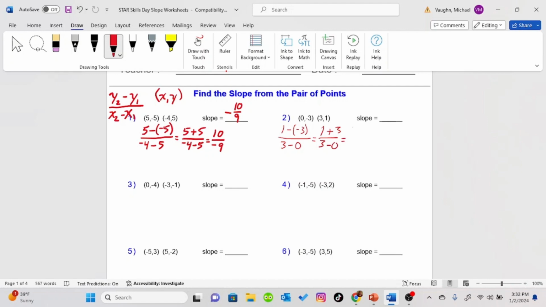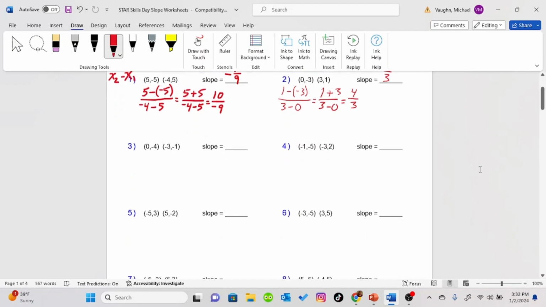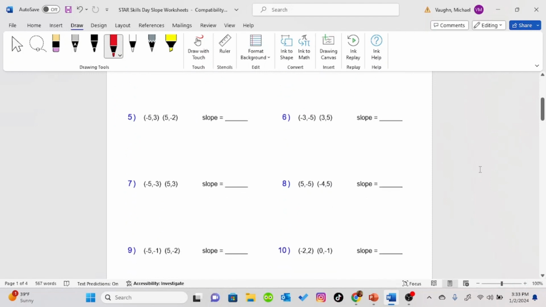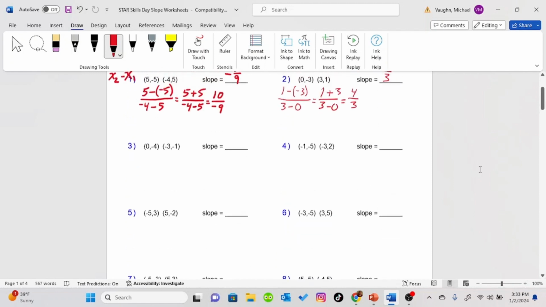One plus 3 is 4. 3 minus 0 is 3. So my slope is 4/3. So you can continue working through this page using these same